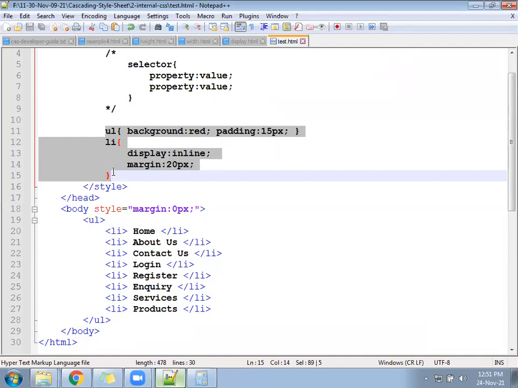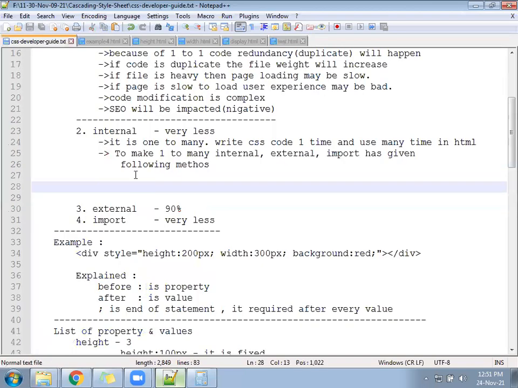So our problem can be anything. The problem may be that in one page we have to use some more LI for a different purpose. If we use some more LI for a different purpose, and for all LI you say come in the same line and follow the 20 pixel gap, that means the problem will start again. Then CSS says, you don't worry, this is one method and along with that 4 more are there.